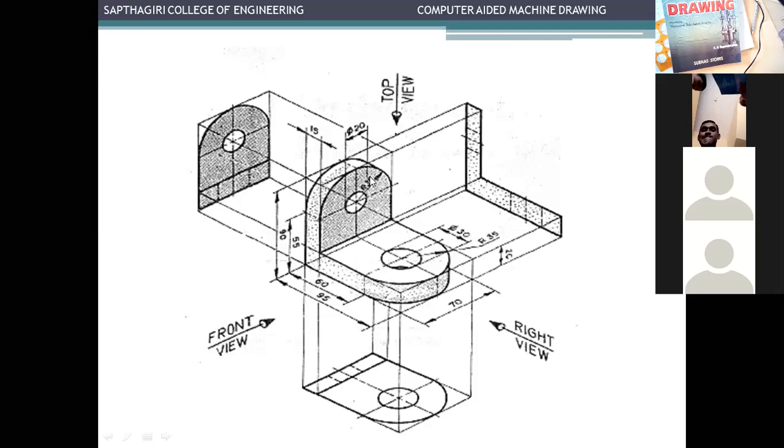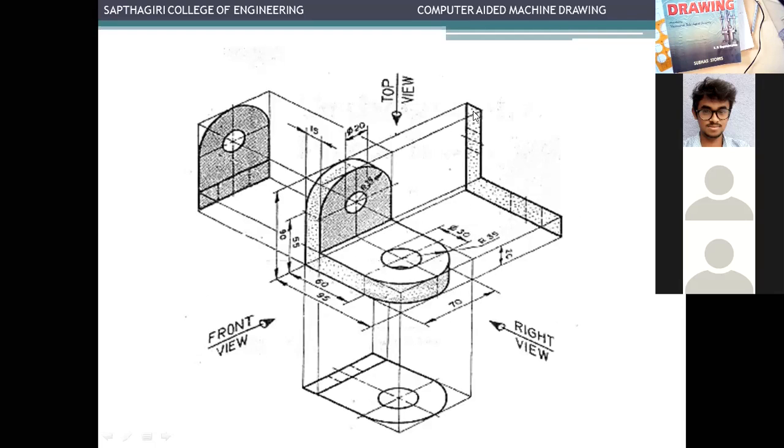So standard representation is everything will be in millimeters only. Got it? All dimensions are in millimeters. That is what we will be representing. Viewing direction will be given like this, front view. And you have to see this object in front and represent its front view.